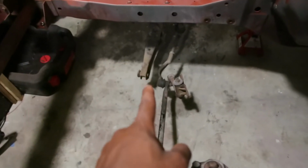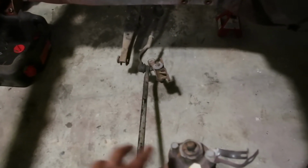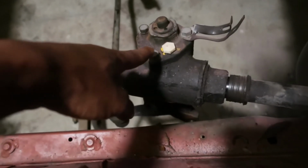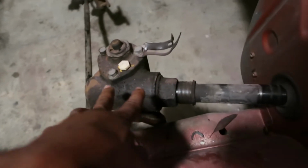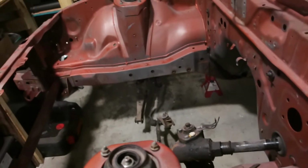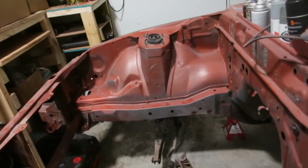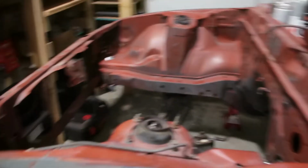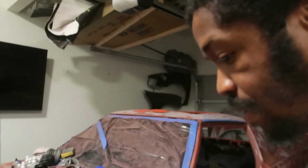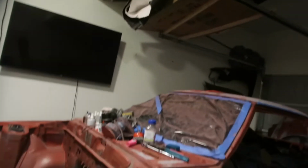As you can see, control arm on the ground, steering stuff all moved out of the place, moved my steering box a little. This won't be able to move too far because it's trapped right there, but at least I'll be able to sand back here. The whole aim is to be able to sand up everything and rough it up so we can put the protective coating over it, because like I said guys, we're not trying to do nobody. After we're done with this, we're doing it right the one time and getting it out of the way. I'm not about to come back and do this stuff. So